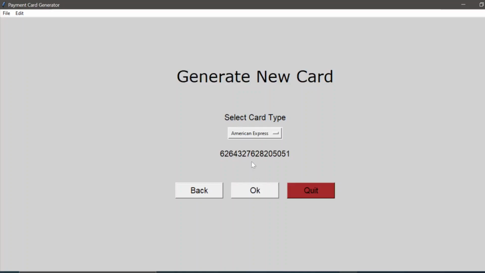Okay, so every card issued by American Express is preceded by the numbers 3, 4 or 3, 7. Okay, 3, 4 or 3, 7. So the random cards that are going to be generated here would be preceded by 3, 4 or